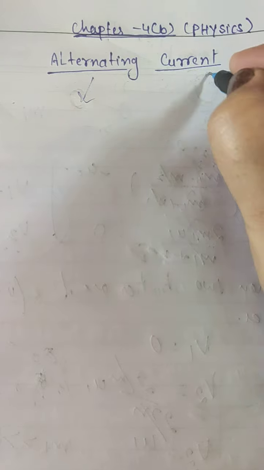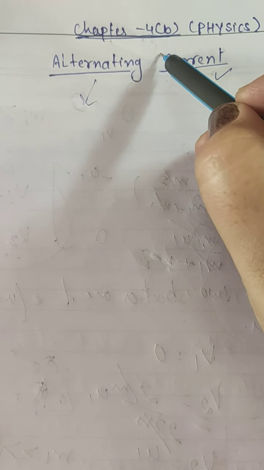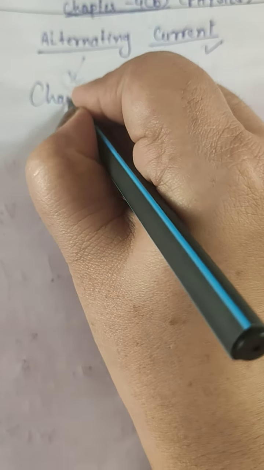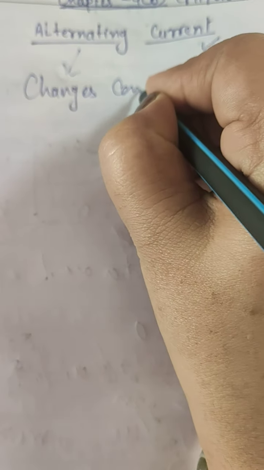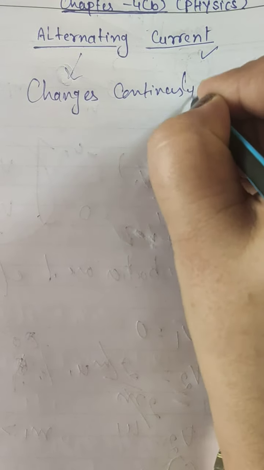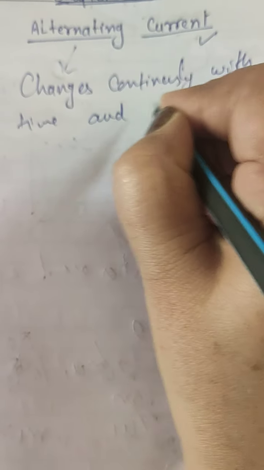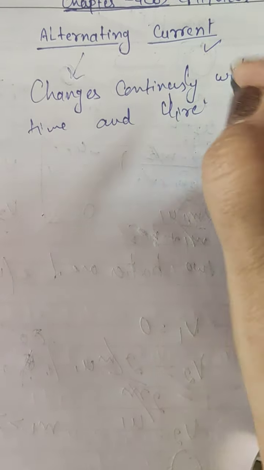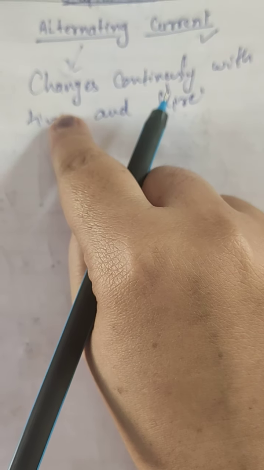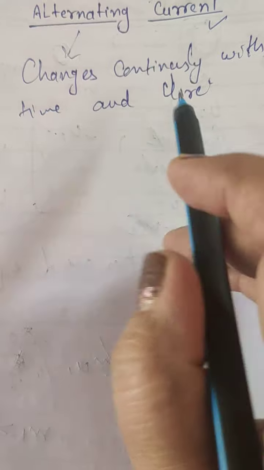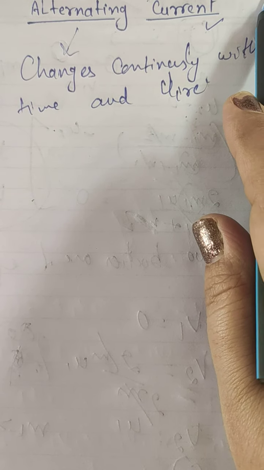Alternating means the current which alters continuously. Alters means which changes continuously with time and direction, right? So alternating current is the current which changes continuously with time and direction is known as alternating current, and it